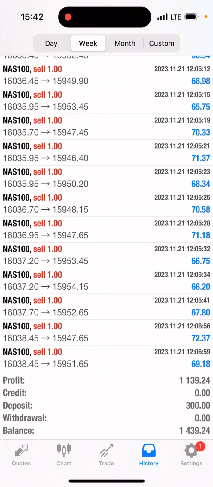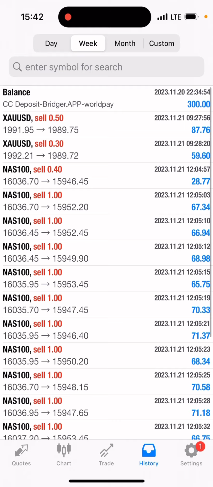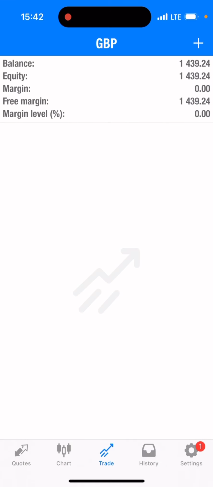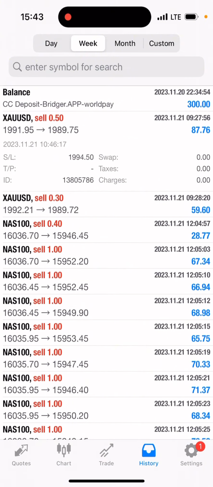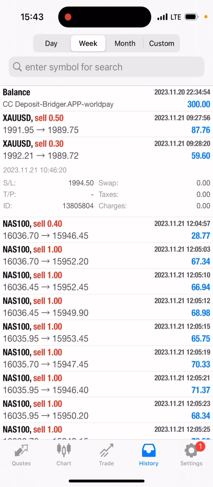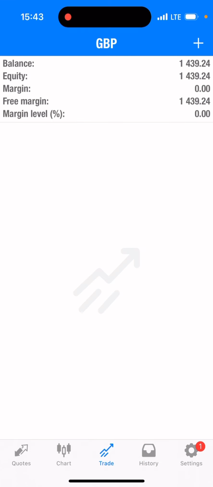Okay, so today I flipped $300 to $1,139.24 with two trades, and I'm going to show you guys how I did it step by step. My first trade this morning was an XAUUSD sell. I took the trade and grew the account from $300 to